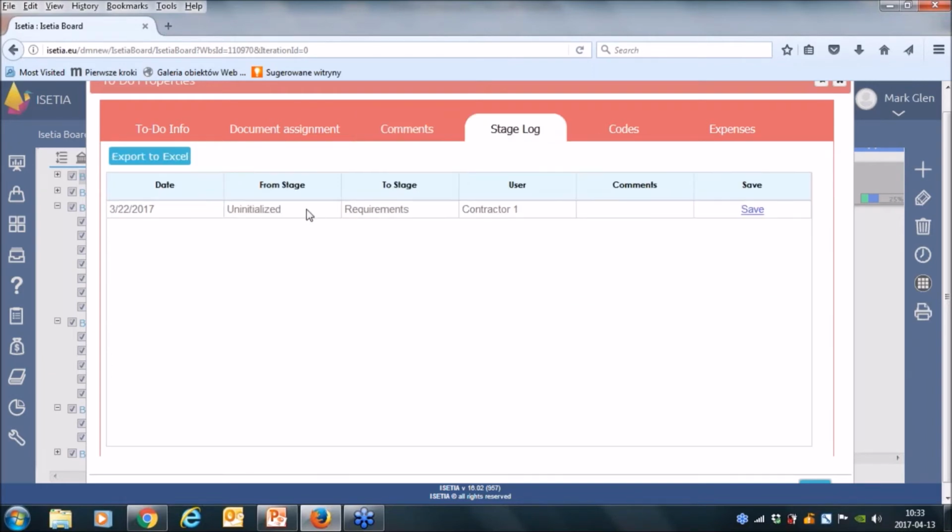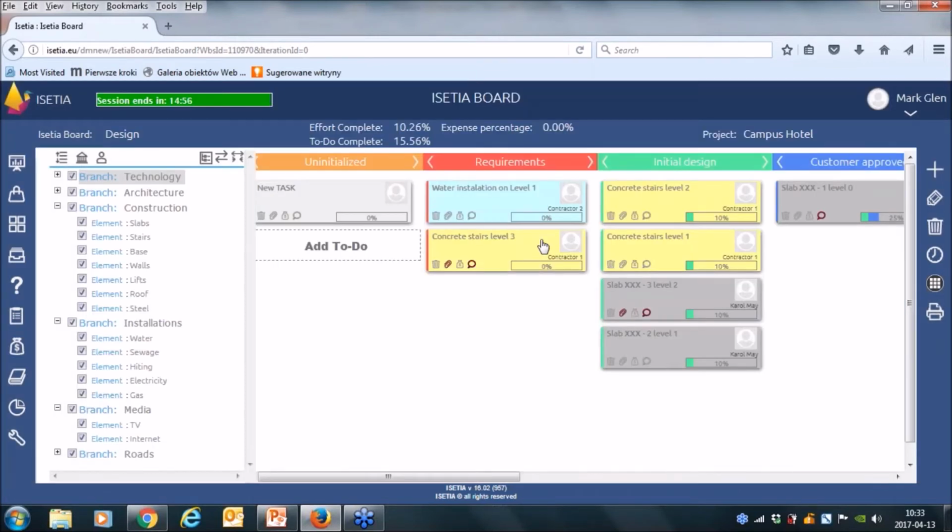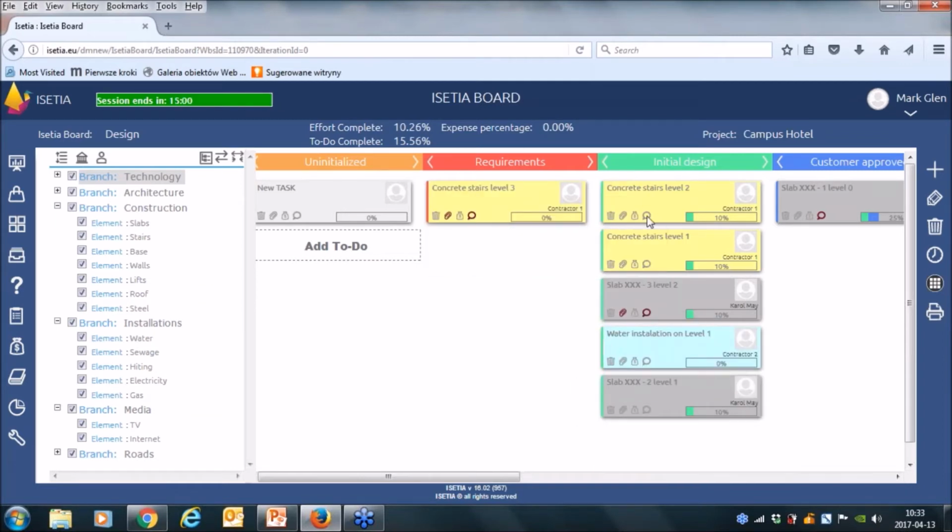You can also observe when this task reaches some stages, because it is very comfortable to notify the progress of the work and inform others and the project manager how the work is being performed. For example, when contractor 1 finishes the requirements, he can report by moving our card from requirements to initial design.